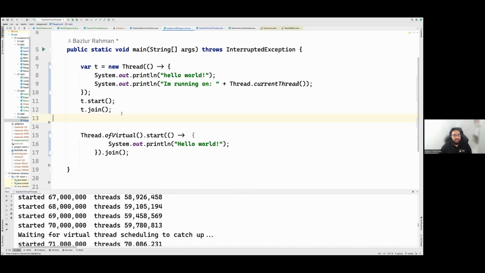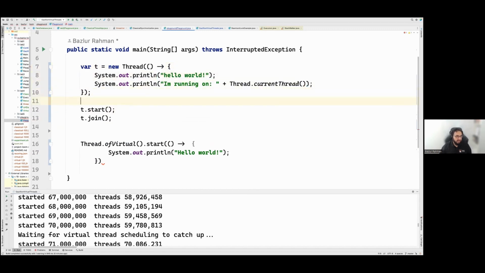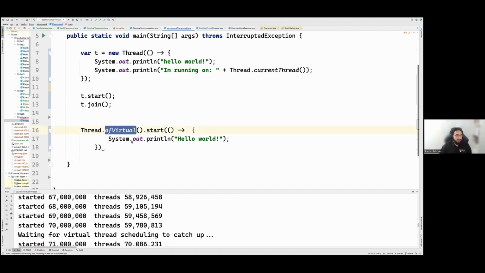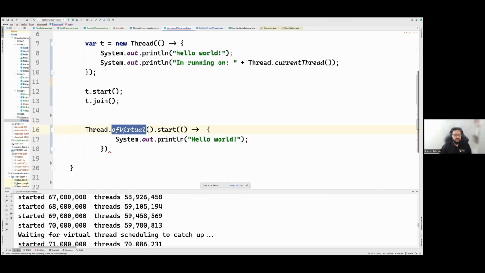And the other way is if you want to create a virtual thread, what we would do is over here. There is no way to create a virtual thread using this method, I mean, using the new operator and the constructor. That's one of the limitations. At the same time, it's not a limitation. This is how they intended virtual threads to be created. All right, so you definitely use this factory method.